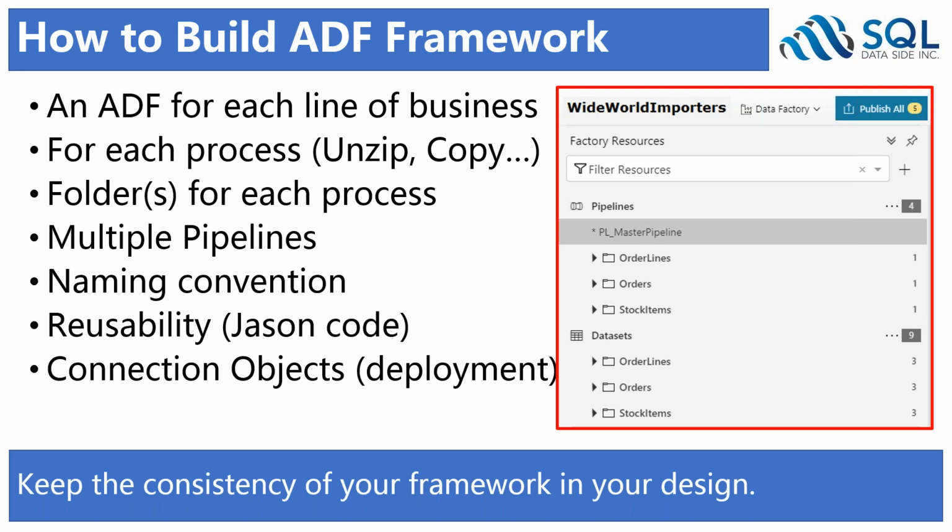Naming convention is very critical. If you look at the right, I have orders at the folder level within the pipeline. I have the same name in the dataset. So if there's a bug in my system, or if I want to hand this to someone junior, they can easily go everywhere and just trace the word orders. So if I script everything down to JSON and I say, hey, find the word orders, boom,